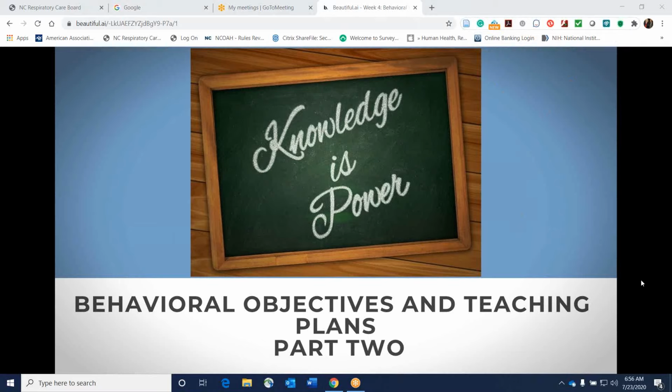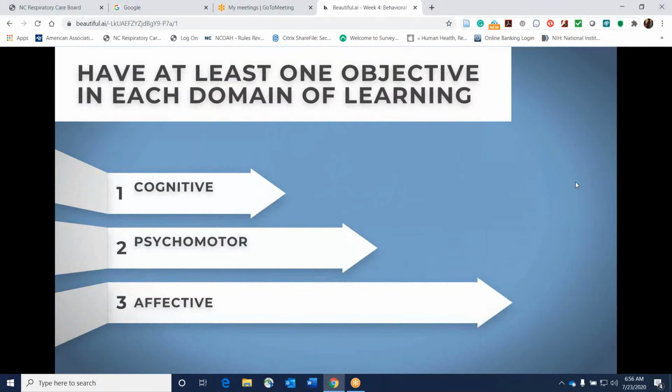So we were talking about behavioral objectives in part one of this week, and I just wanted to give a short overview of some of the things we've already discussed. One of those is that you have to have at least one objective that reflects these three domains: the cognitive, psychomotor, and affective domain. We discussed the fact that the affective domain was really about behavior, which is also the most difficult one to